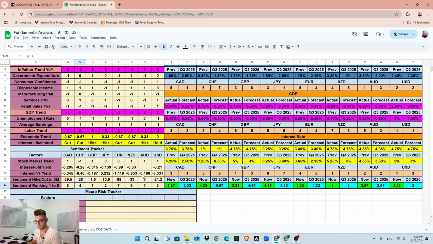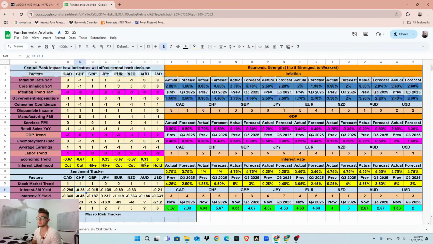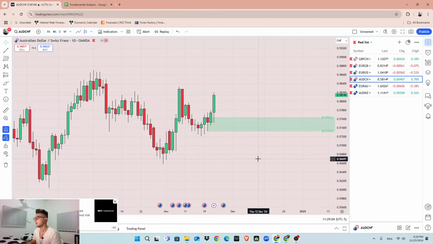Ranked as 4, but if we see the interest rate minus 1 year yield right here, it is looking to cut 18 basis points, and CHF is looking to cut 28 basis points on 3 months. So I think sentiment on AUD CHF is also bullish on AUD, or more bearish on CHF rather than AUD. This data right here supported my data right here, and this is the VIX. I use it as risk on, risk off sentiment. Keep it away right now.